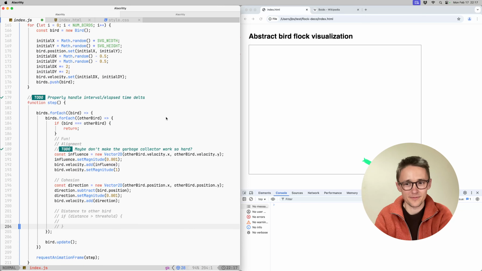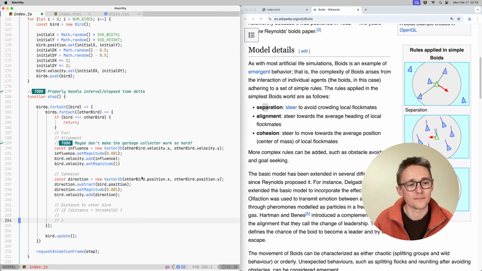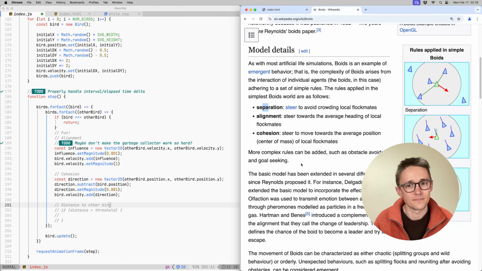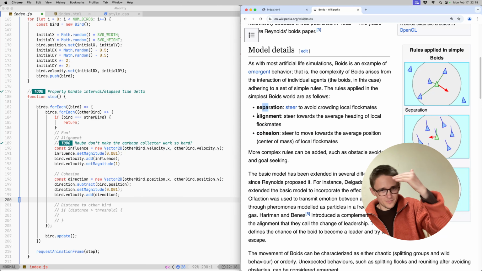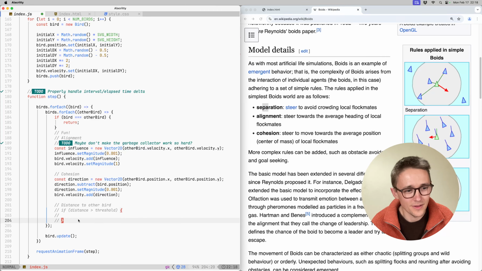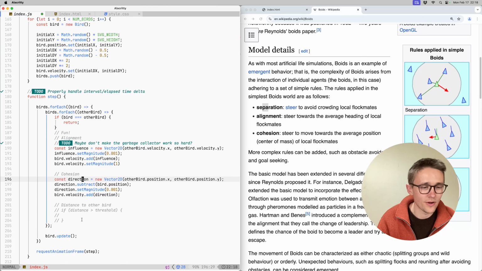But let's see if we can implement some sort of a, what was the term that they used? Dispersion? Separation. Okay. I'm remembering back to me premeditating on this. So this distance idea, maybe we can apply it to the cohesion, and maybe we can say, hey, bird, only